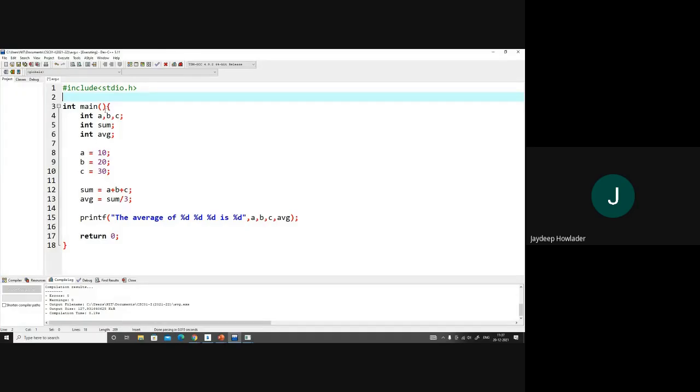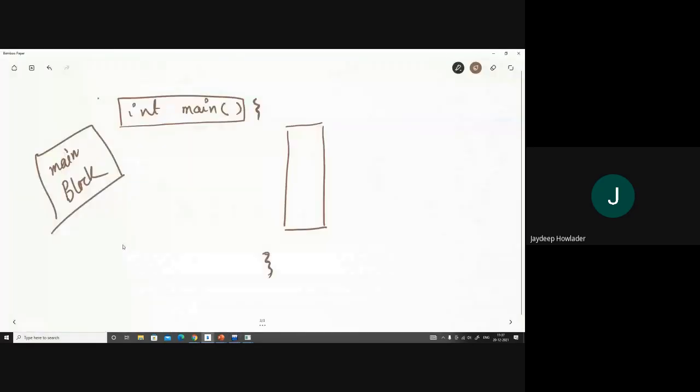Then we have the start of a block, in most cases the main block. Within this main block, I have to declare some variables, initialize the variables, do some computations, and output the results on my console. And finally, we return from this block. So there is a return 0, which is important to write. Understand?